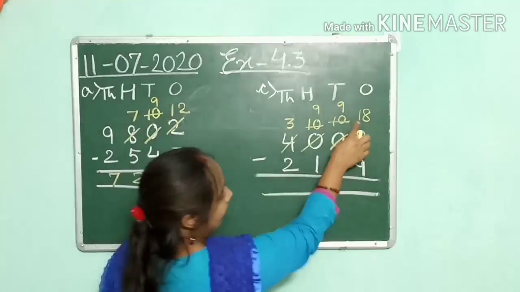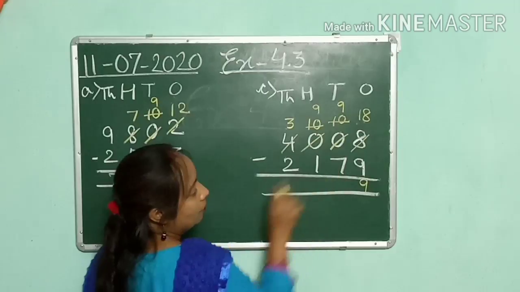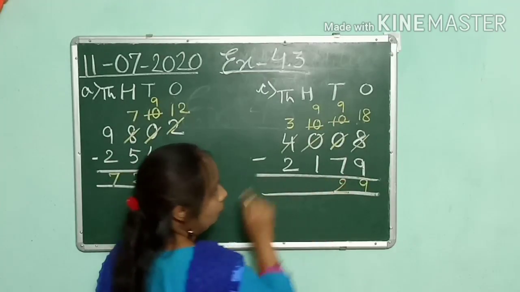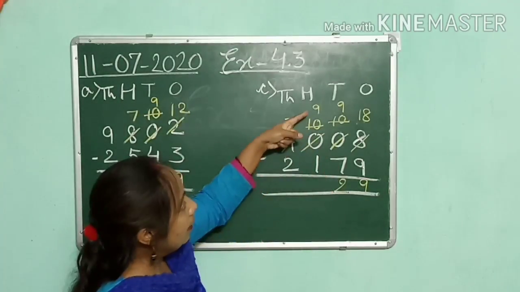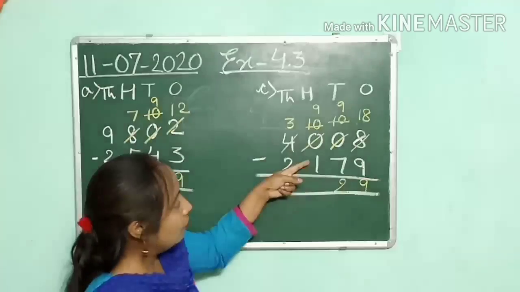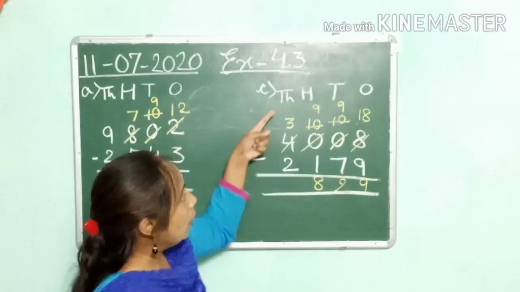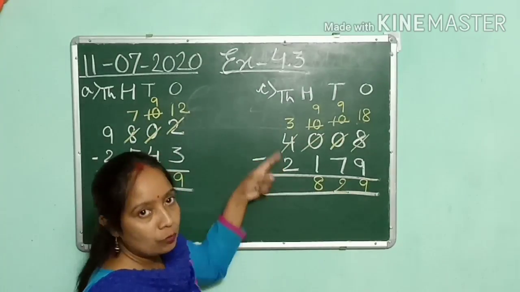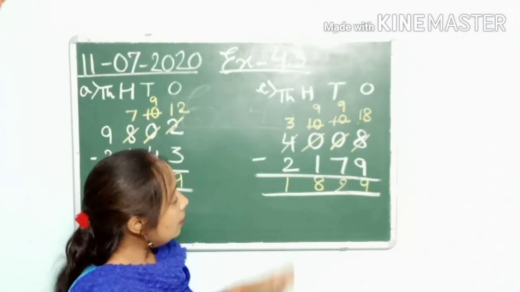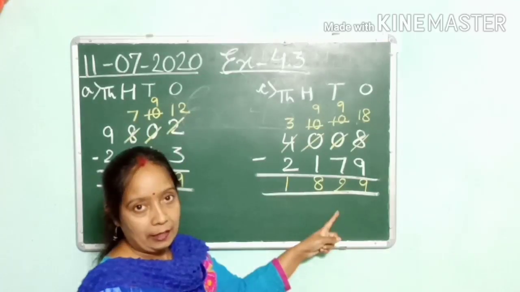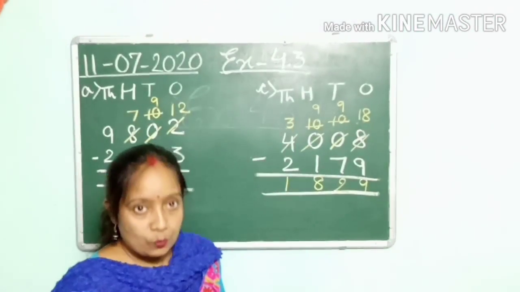Now you have to subtract 18 and 9. So 18 minus 9 is 9. 9 minus 7 is, yes, 2. We don't need to borrow because 9 is greater than 7 now. Again under the hundreds column 9 is greater than 1. No need to borrow. 9 minus 1 is 8. Under the thousands column you have to subtract 3 and 2. 3 minus 2 is definitely 1. So our difference is 1,829. Clear children? Yes.